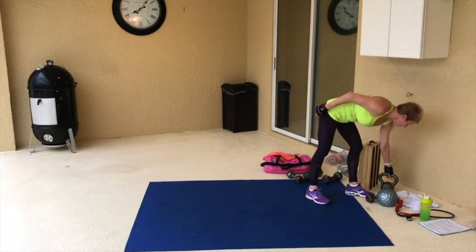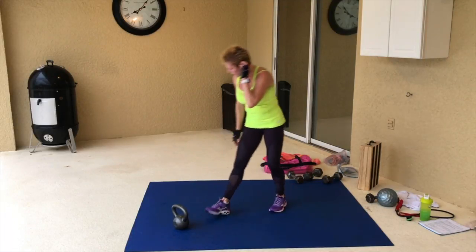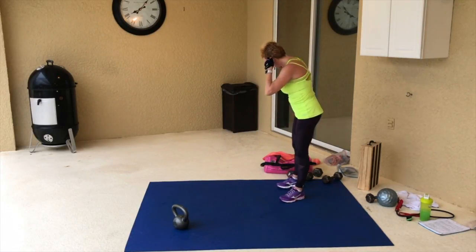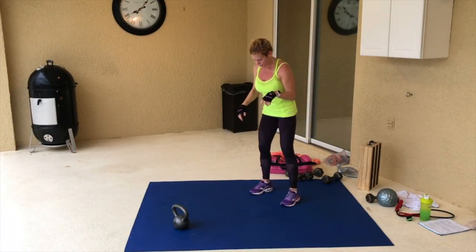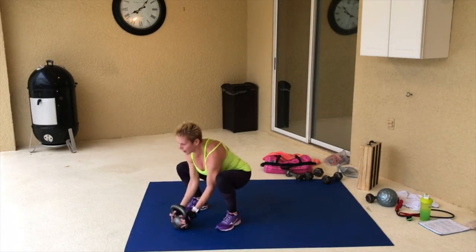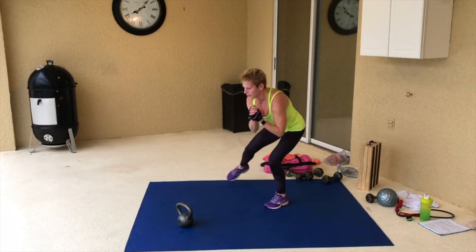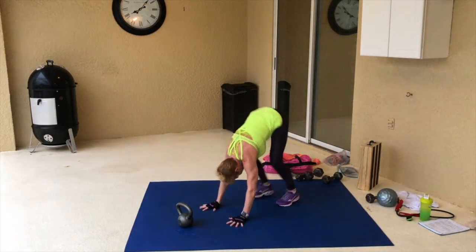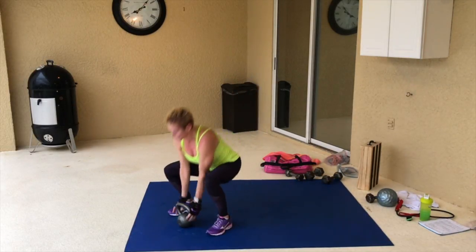Grab that kettlebell. You said, what are we doing with this? I did this on Instagram when I was away. You can put a band around your legs if you want to. They might be tired and you may not want to. You're gonna hop to the bell. You're gonna do a jack. You're gonna hop back, toe tap, and a push up. 2,